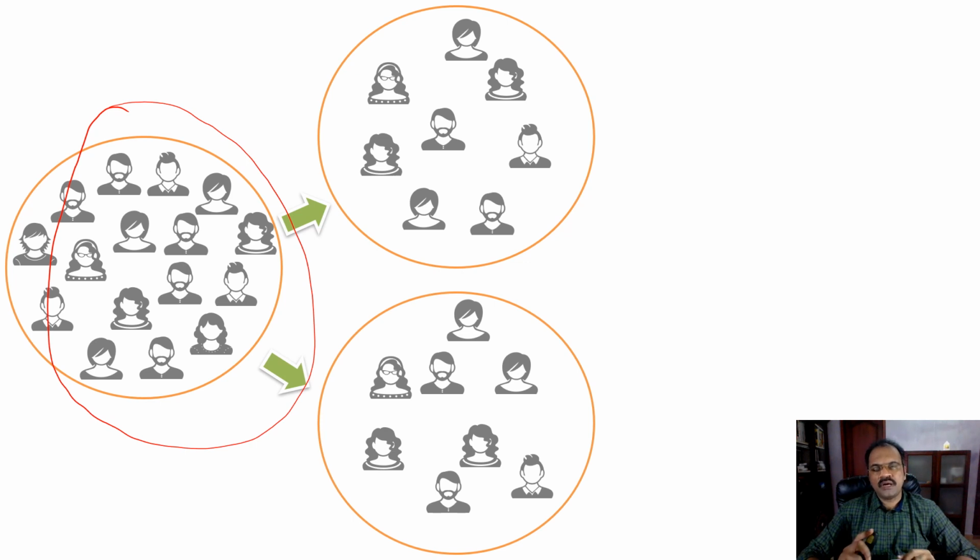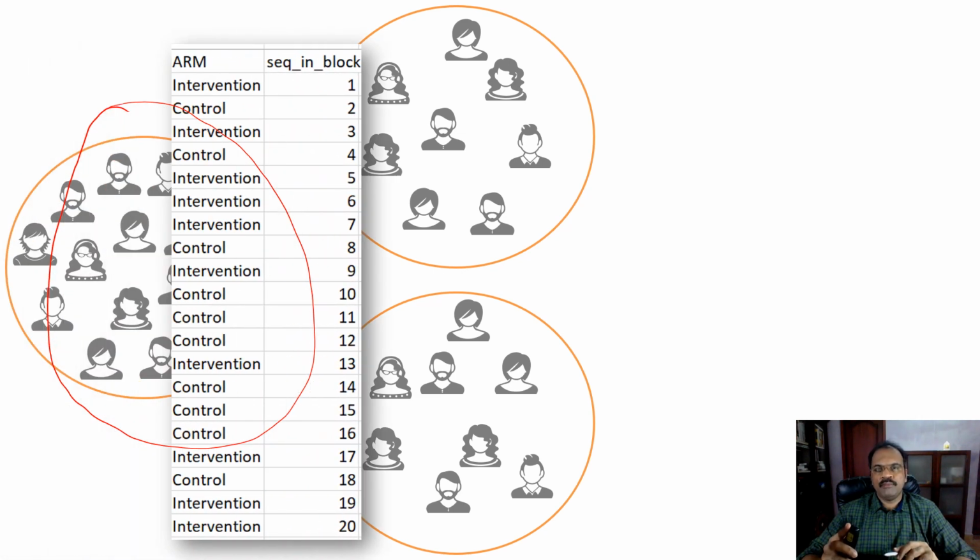Randomly means it is completely by chance. You cannot predict that this particular patient is more likely to end up in this group. The chance of one particular member of the sample, one particular patient, ending up in either of these groups is equal. For that, people usually use various techniques, including computer-generated random number tables like this.